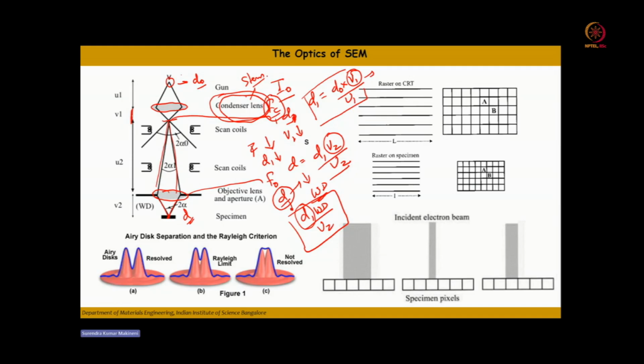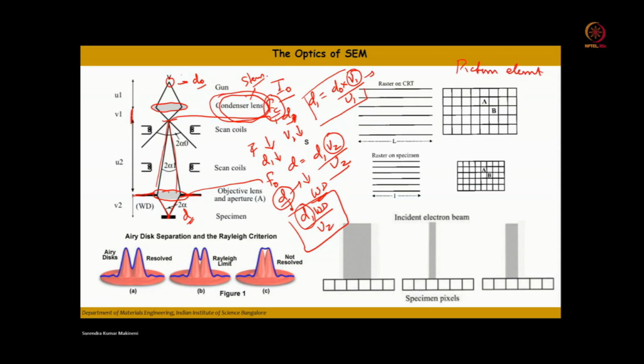One more important thing is, if there is spherical aberration in the objective lens, then you can use the aperture to reduce the spherical aberration. Okay, so this is the basic thing in SEM to control the beam size, especially with the condenser lens strength. Now coming to the pixels, which we describe as a picture